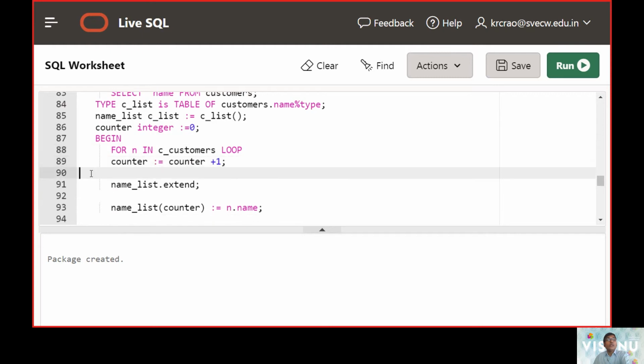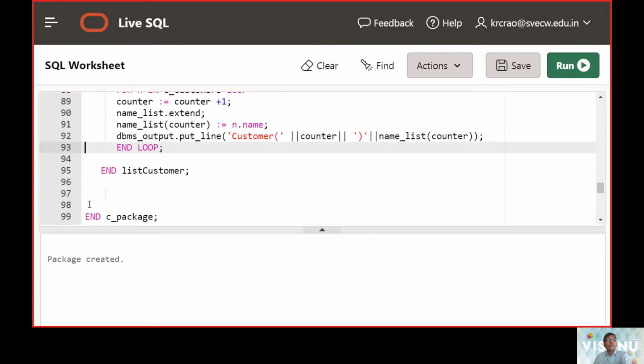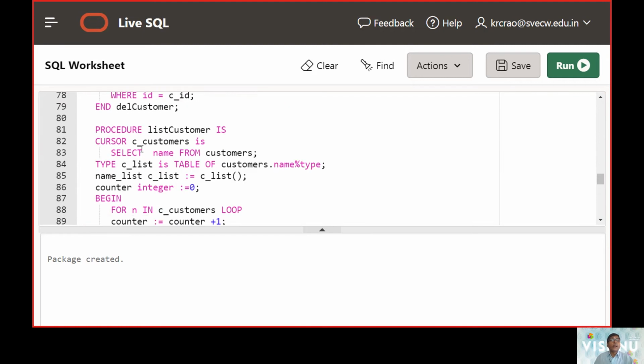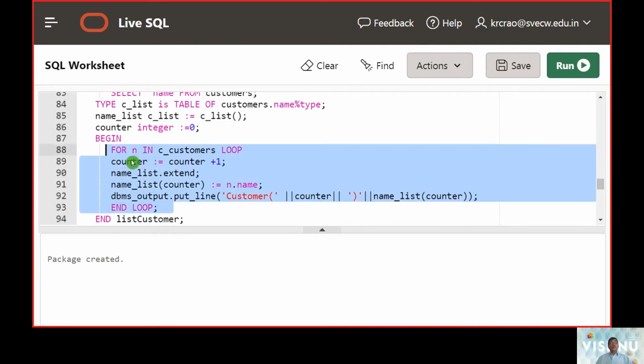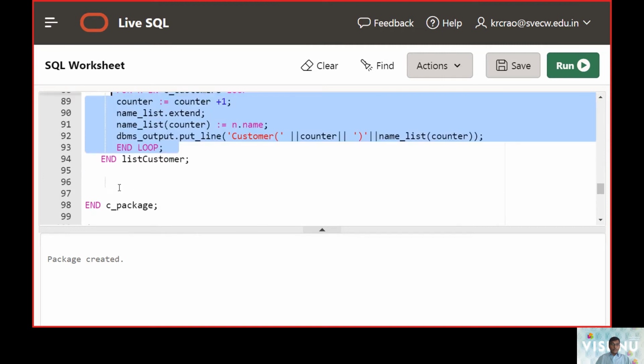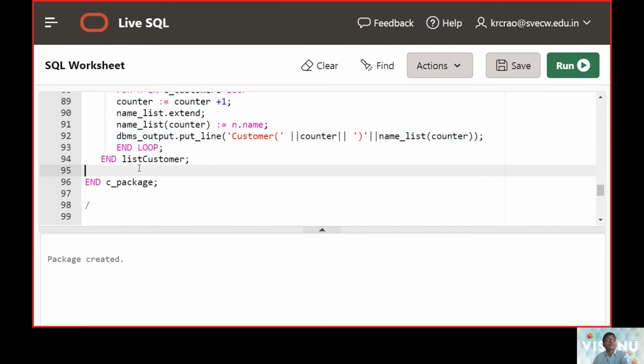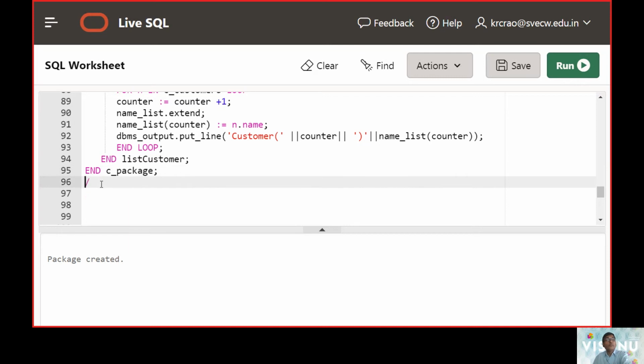So how all the elements have to be displayed, that too we need to use programming. In this case, in the package, in the procedure called list customer, we are now calling an implicit cursor. It builds up a program with a counter value 0 and loops over how many tuples are available in the database. Those tuples have to be displayed one after the other. For that it uses a counter value and repeats until the last value is reached. So that's how we are working with the procedure.